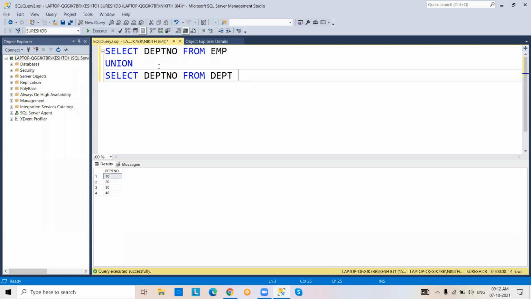Union all: 18 rows retrieved, 14 plus 4. Because the union all operator retrieves duplicates also. That's why it returned 18 rows from the tables.